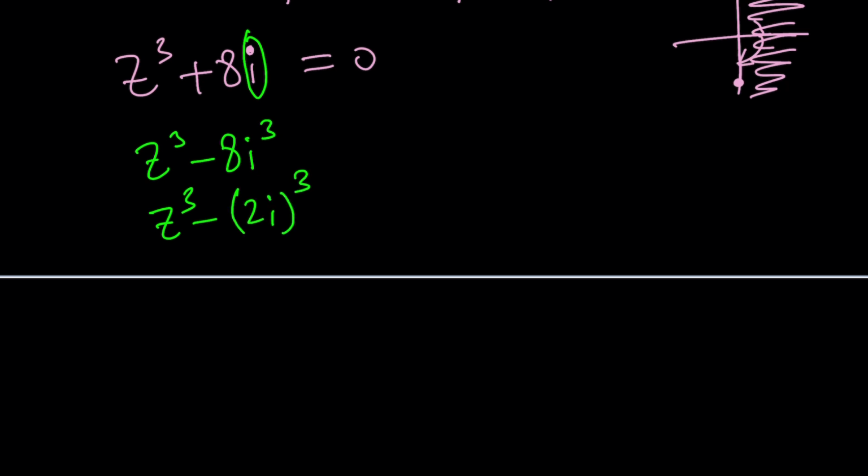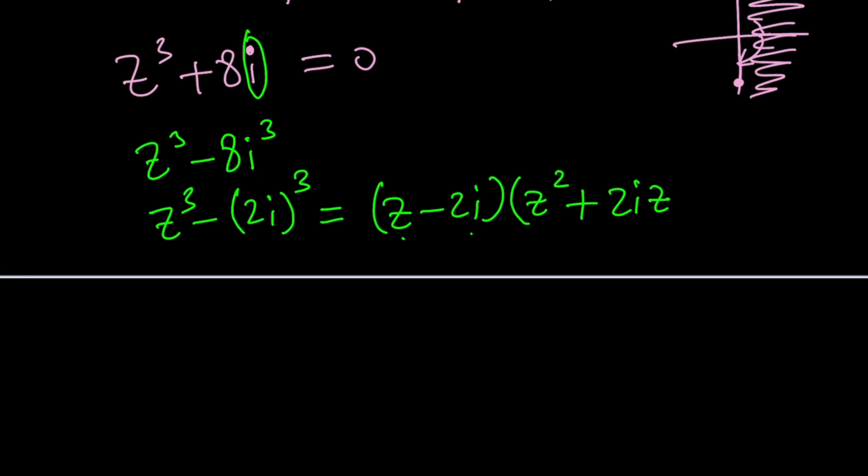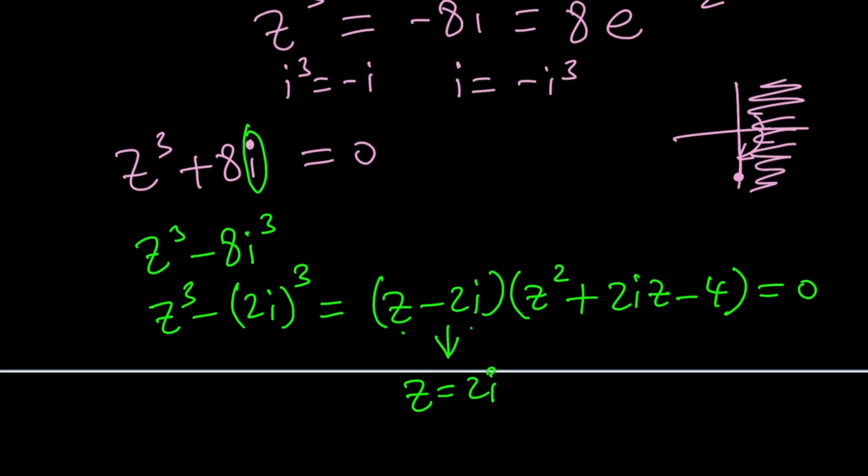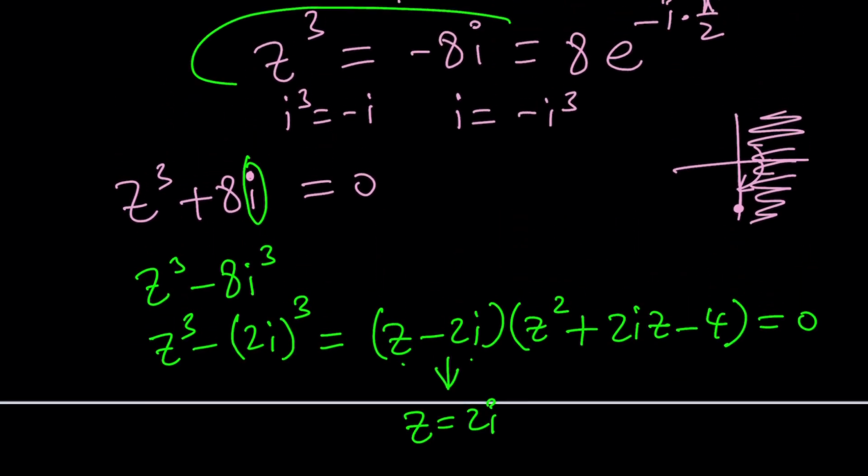You remember the formula? It's a minus b, this is a, this is b, by the way, times a squared plus ab, not 2ab, just ab, so 2iz, plus b squared, which is negative 4. Awesome. And then set it equal to 0. From here, you immediately get z equals 2i. You could also get z equals 2i, by the way, if you cube rooted both sides here. But you have to remember, any complex number has 3 cube roots,